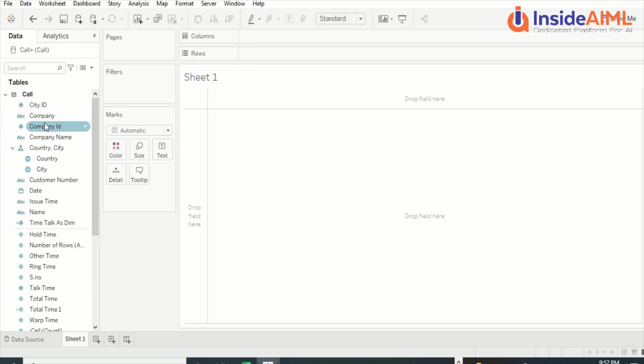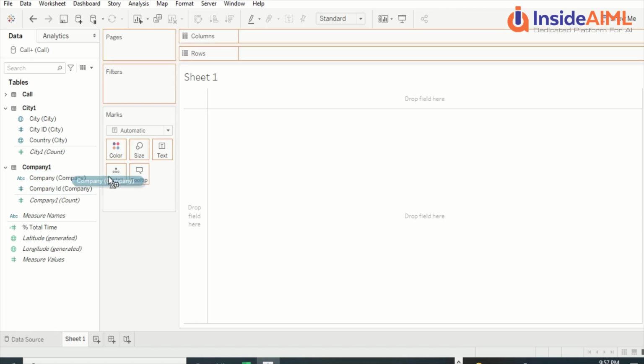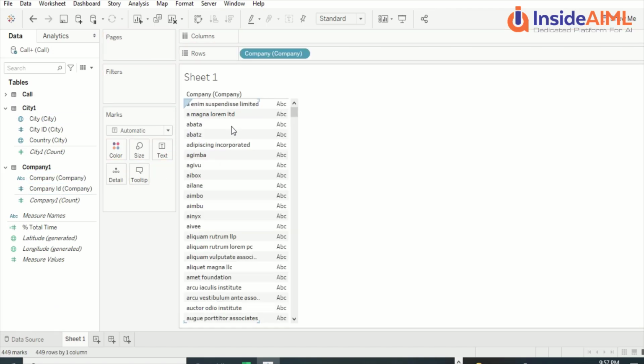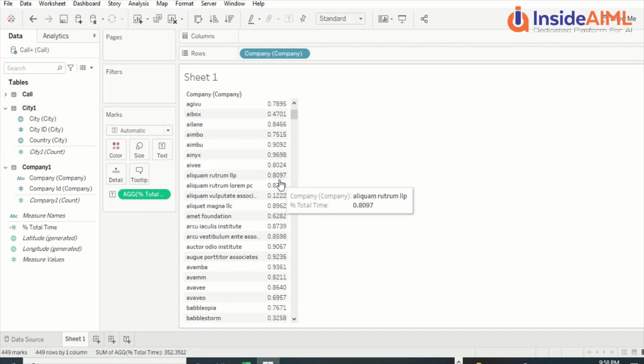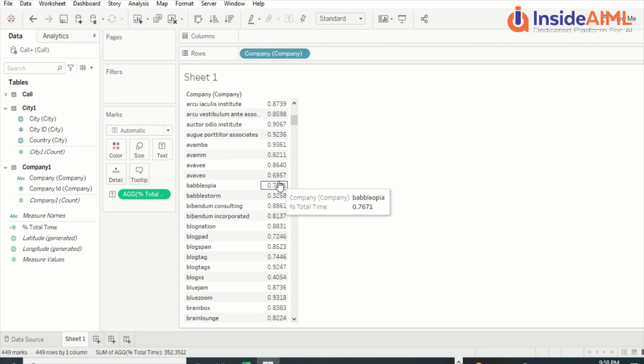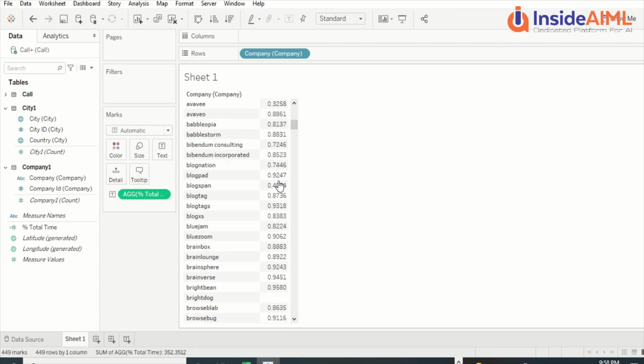So let's go ahead and take our customer dimension or something from here. We had this call, which is our main table, and let's drag the company. We have a model where we have these dimensions and all those, and now from our measures, let's drag total time percentage. I'm going to drag it here. So now you can see in terms of percentage I'm getting, but because we have not multiplied by 100 or marked it as a percentage column, we are going to get it like this.